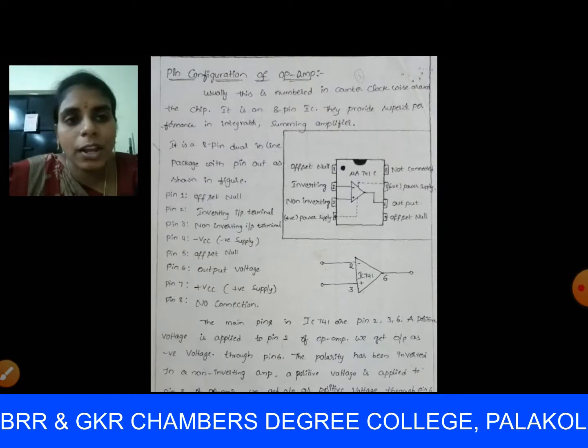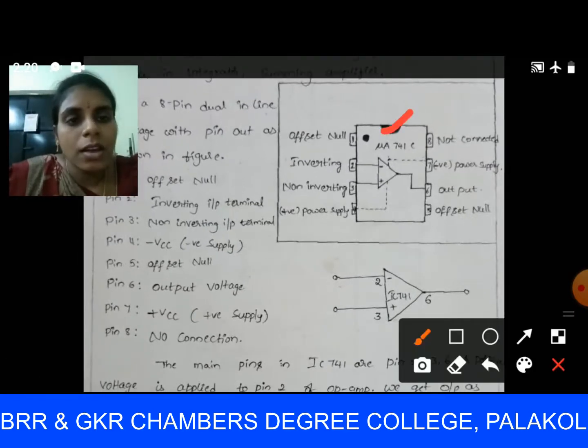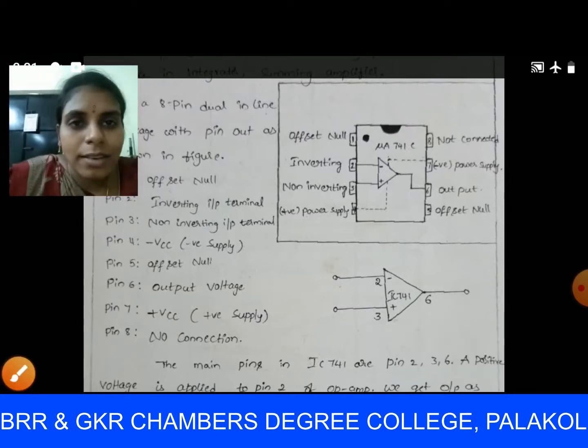Here the diagram shows the black-ended notch. From this notch, the lead on the left side is numbered 1. The starting lead is 1, then go in the counterclockwise direction. This is a dual inline plastic package. Dual inline means both sides of the rectangular housing have leads. 1, 2, 3, 4, 5, 6, 7, 8 are the leads of this package.